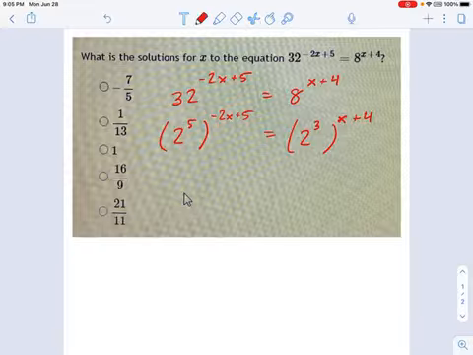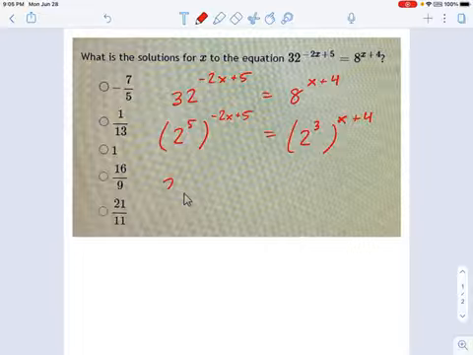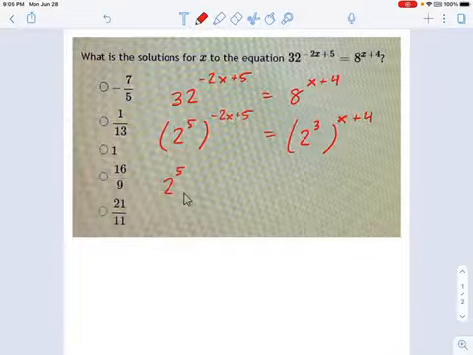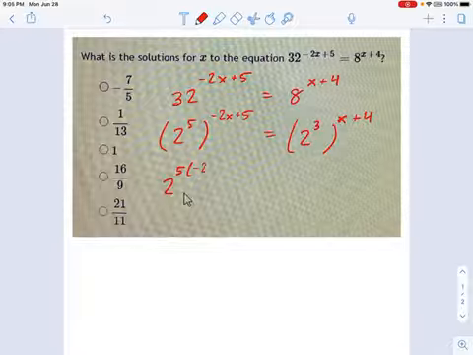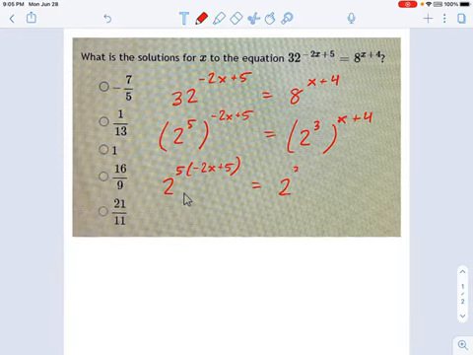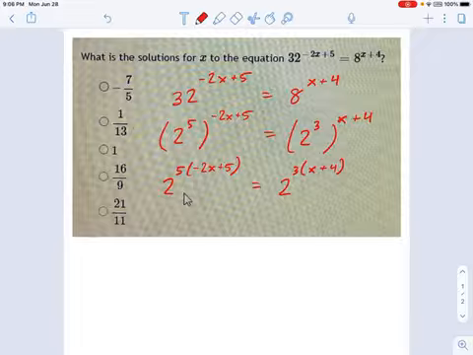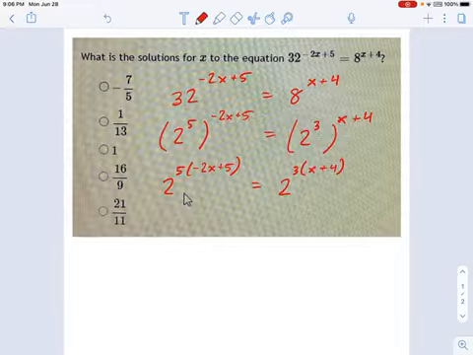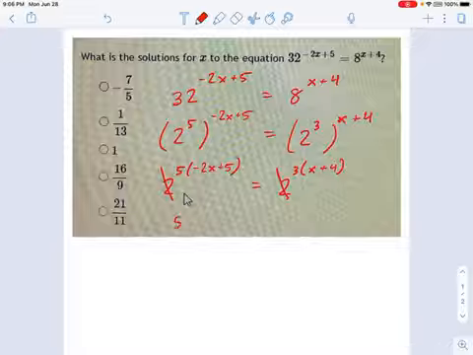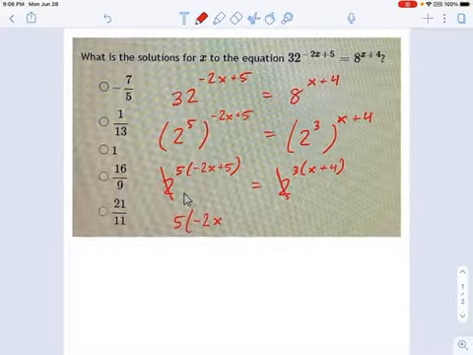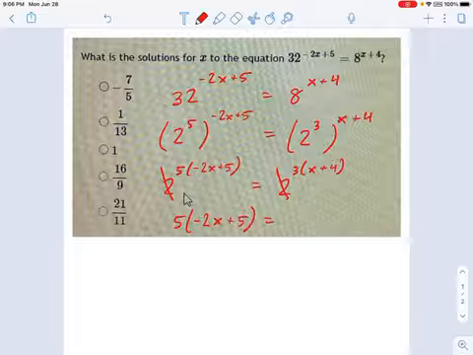I've got 2 to the 5th to the negative 2x plus 5 equals 2 to the 3rd to the x plus 4. And if you remember how exponents work, this is equivalent to 2 to the 5 times negative 2x plus 5 on the left, and on the right, it's equivalent to 2 to the 3 times x plus 4. And now is the part where you can just cancel out numbers, because 2 to some power equals 2 to the other power. That means the powers themselves must be equal. I'm going to cancel out the 2 from each side, which gives me this. 5 times negative 2x plus 5 equals 3